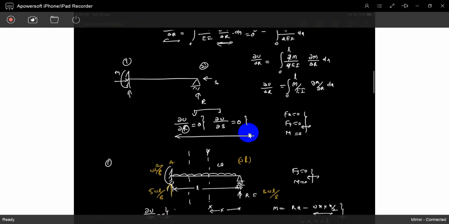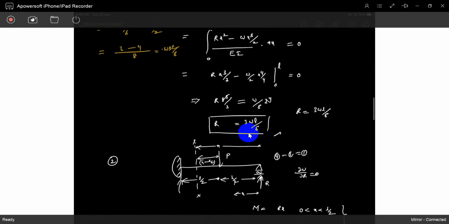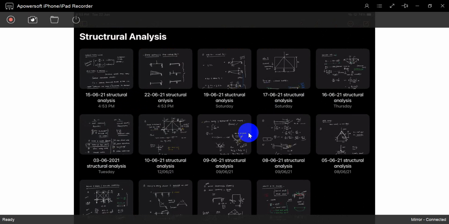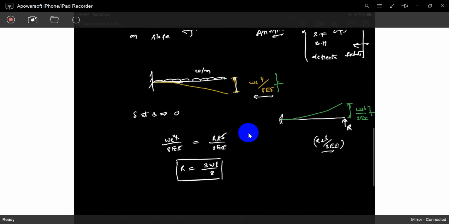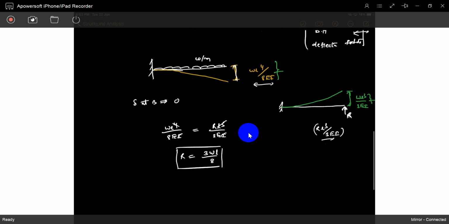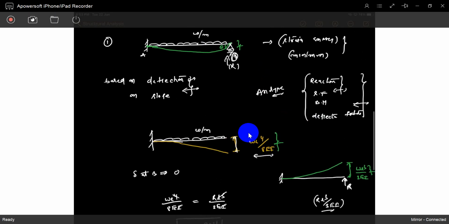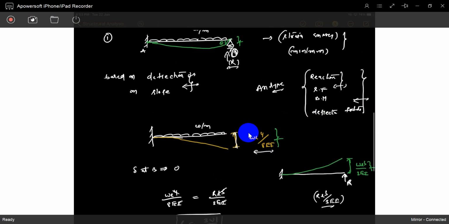What is the value of dW by L, by the strain and minimum strain energy? It's just common sense. If you find first, you just find out the R. That's it. This is the extra equation.